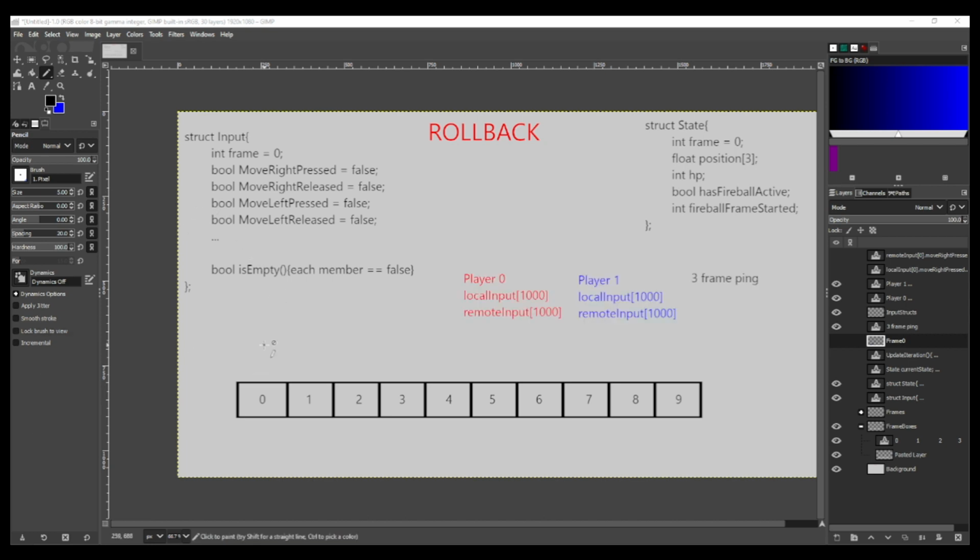Moving on to the next part, both players have an input array. That is this structure in an array. And both players have a local structure and a remote structure. This remote structure for player 0 should be equal to the local input of the other player at the end of the round. While we're chugging along, say this is at frame 10, this is also going to be at